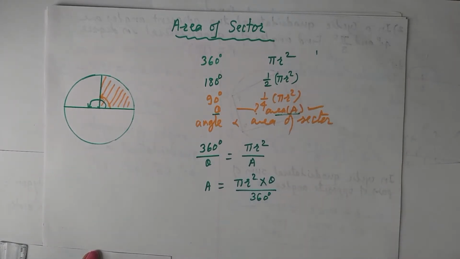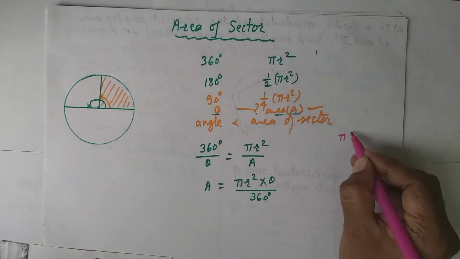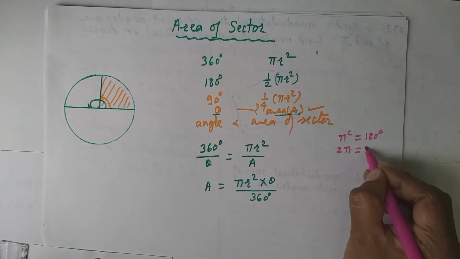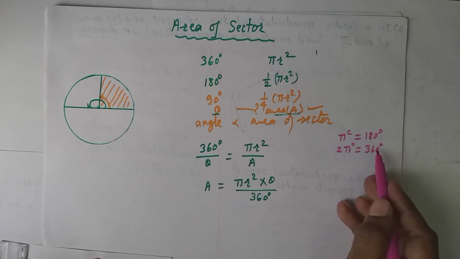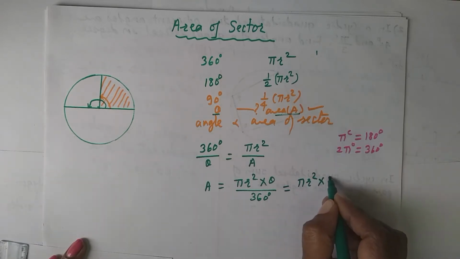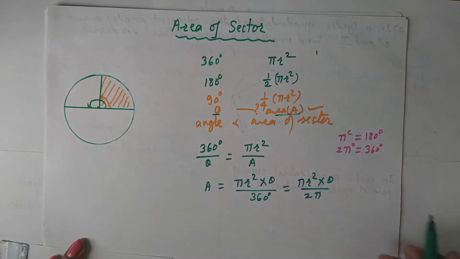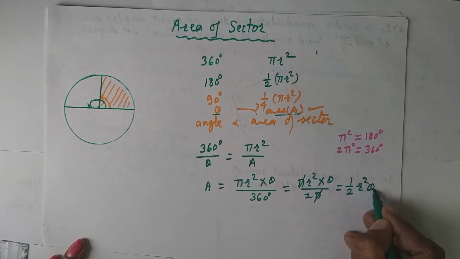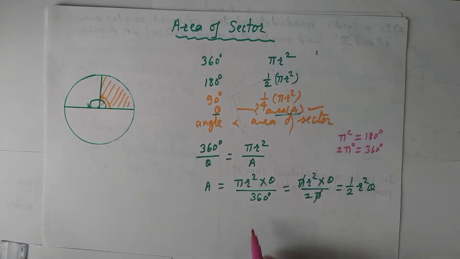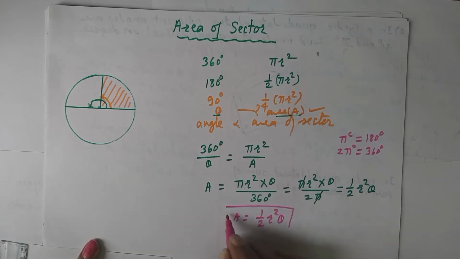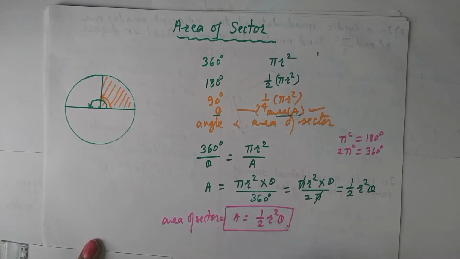Okay. Now I know one of the formulas, pi radians is equal to 180 degrees. Then what will 2 pi be? 2 pi will be 360 degrees, double the pi, so you double 180 degrees. Then in this formula, I will put the value 2 pi in place of 360. Now simplify this. This pi will get cancelled with this pi and I will get half times r square theta. This is nothing but your area of sector. This is the formula for area of sector, that is half r square theta.